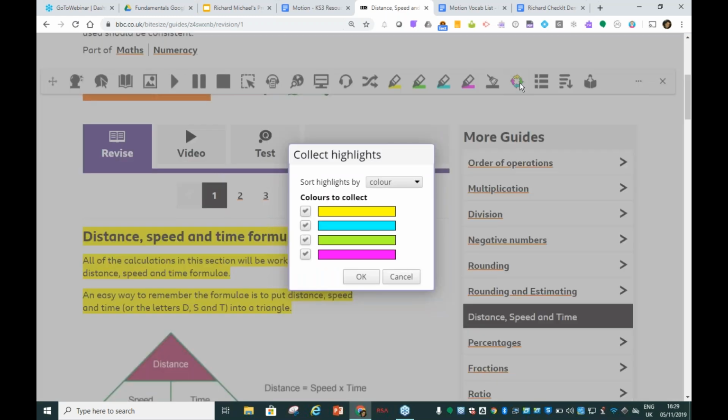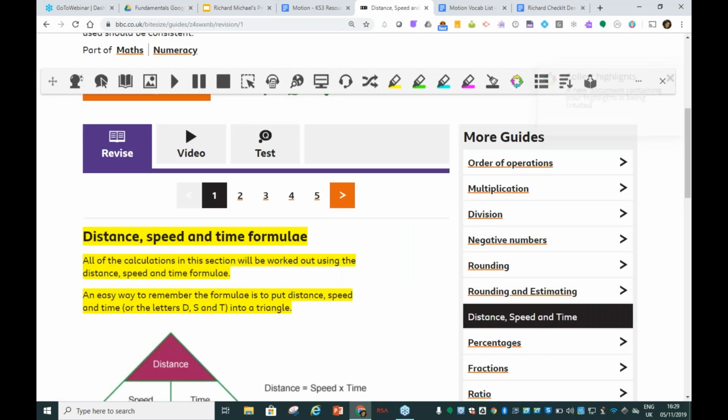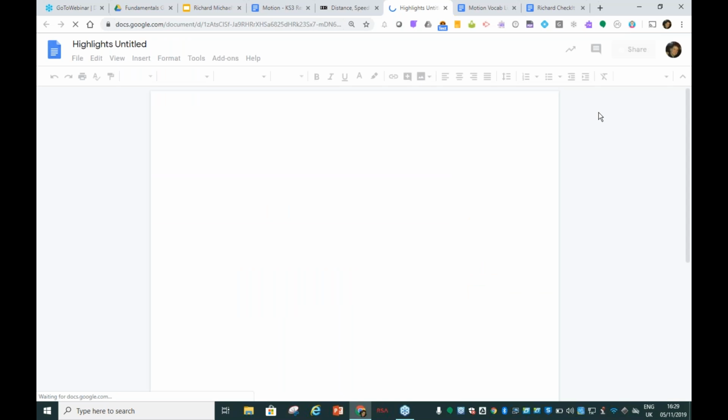on Collect Highlights. Okay. Now I've got the option to collect by color, so yellow would be first, blue second, green third, and pink fourth, or the position that it appeared in the web page. So position higher up on the page, the higher up will be in the Google Doc. So we'll just select color for now. So the yellow will still be first and the green second. Now when I click on OK, I get the message saying a new document containing your highlights is being created,